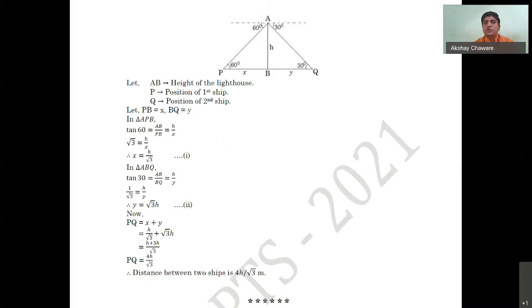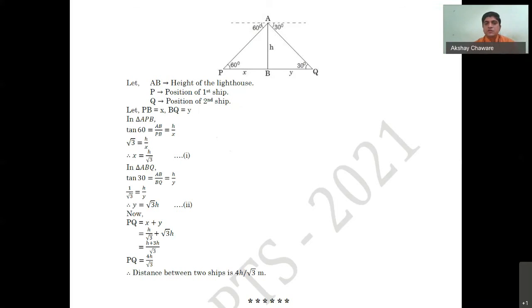Secondly, while solving geometry questions, always draw the figure. You have to draw the figure, whether it is given in the question paper or not. You have to draw that figure in your answer sheet. Without a figure, we cannot correct your answer, or you cannot solve that question. In some applications of trigonometry questions, the figure is very, very necessary. Declaration is necessary कि उस particular figure में आपने क्या consider किया है.